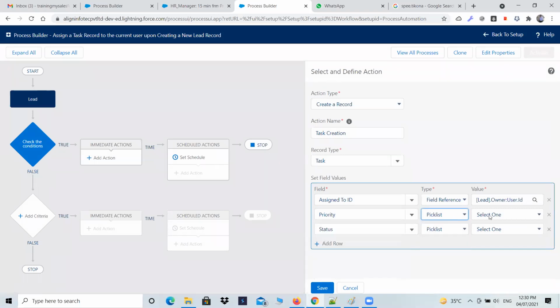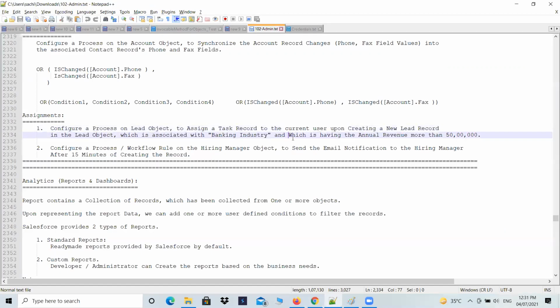उसके बाद में प्रायोरिटी क्या करना है, तो प्रायोरिटी एक क्विक लिस्ट है, प्रायोरिटी शुड बी हाई, स्टेटस शुड बी व्हाट, स्टेटस शुड बी इन प्रोग्रेस या नॉट स्टार्टेड, जैसा भी। और एक और इम्पोर्टेंट चीज है, सब्जेक्ट नाम की चीज रहती है वहां पे, सब्जेक्ट भी जरूरी है, बिकॉज विदाउट सब्जेक्ट टास्क क्रिएट नहीं होते। सब्जेक्ट स्ट्रिंग, यहाँ पर अब आप देख सकते हो, यहाँ जो आपको दिया हुआ था, असाइनिंग अ टास्क टू द करंट यूजर, क्रिएटिंग अ न्यू रिकॉर्ड, क्रिएटिंग अ न्यू लीड रिकॉर्ड।